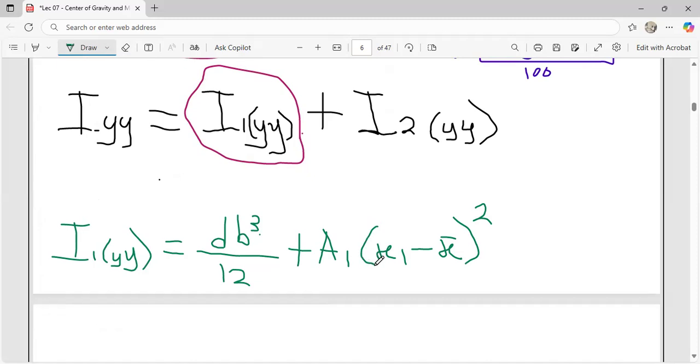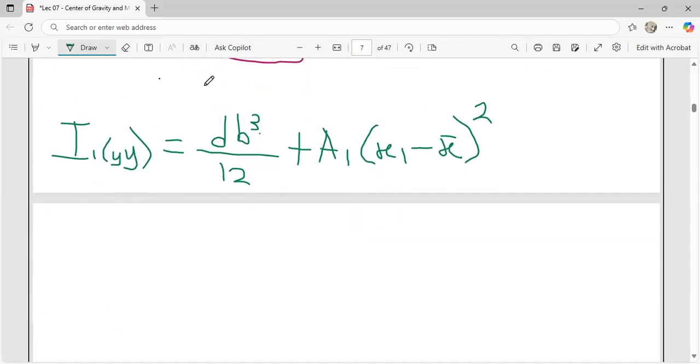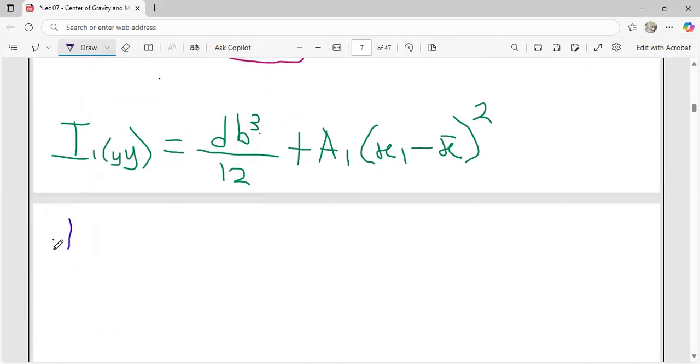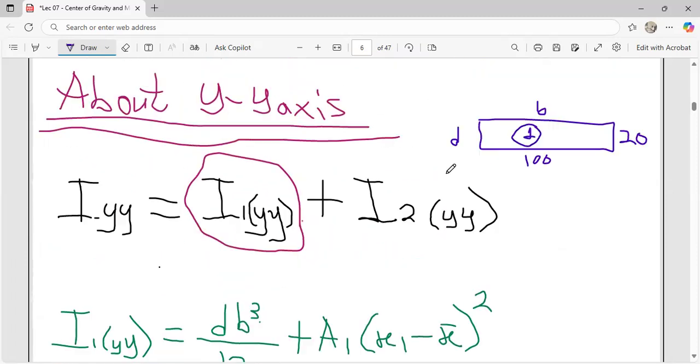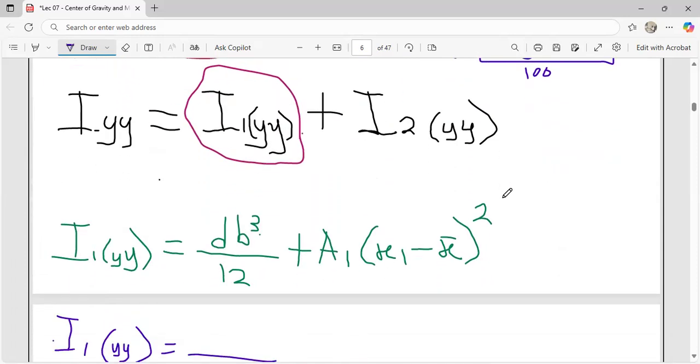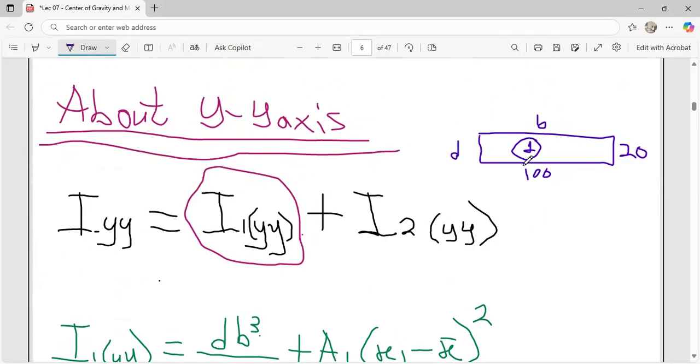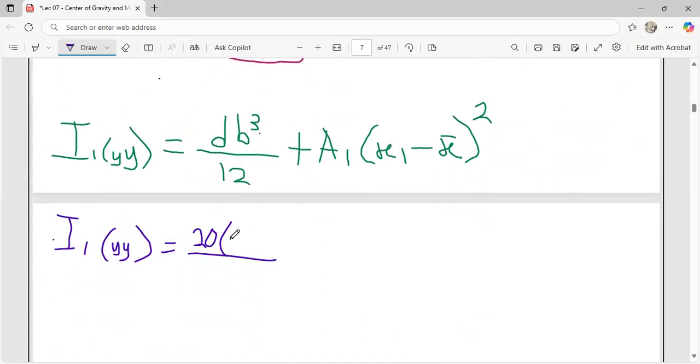So from substitution, let's quickly substitute our parameters into the answer and see how best we can move. So this is equal to, what is the value of our D? From here, the value of our D is 20. So 20 times the B, and the B was 100. So 100